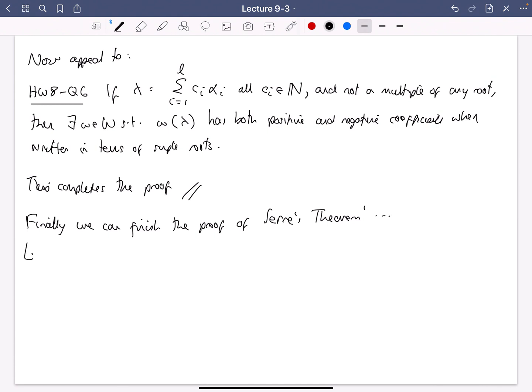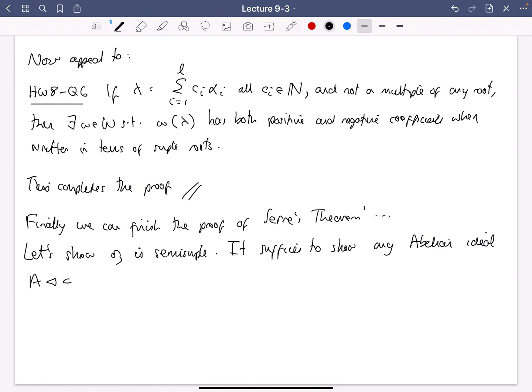So what we've got to do is show that our Lie algebra G, which we've now shown is finite dimensional, is semi-simple. For this, it suffices to show that any abelian ideal A of G is 0. That checks semi-simplicity. The point is that A is its intersection with T, direct sum its intersection with all the G alphas,